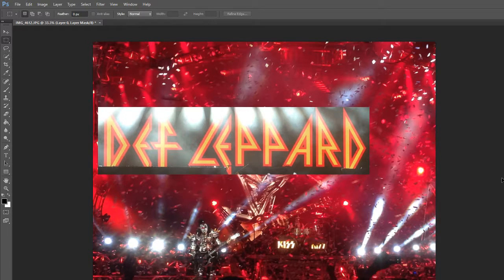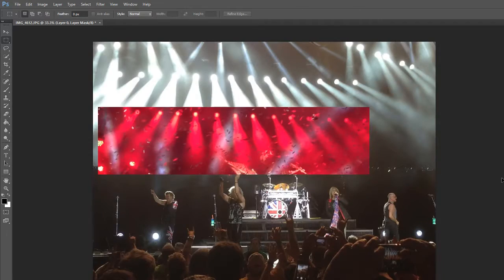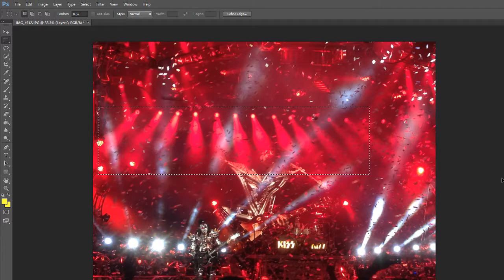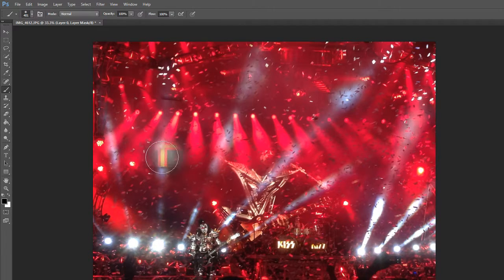Another way, I'm going to hit Control Z, get back to that selection, Control Alt Z. Okay, Control D to get rid of the selection. Another way to do this is, as I have that highlighted, just click Layer Mask to add a layer mask, and then I can use my paintbrush. And I already have the size paintbrush selected, and if I paint while I'm in that layer mask, I have this selection here,